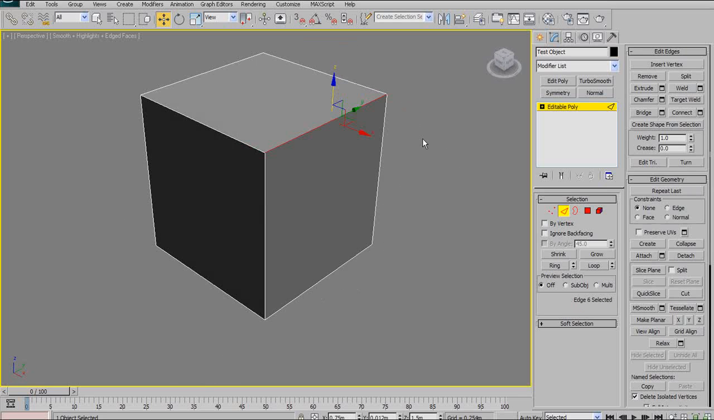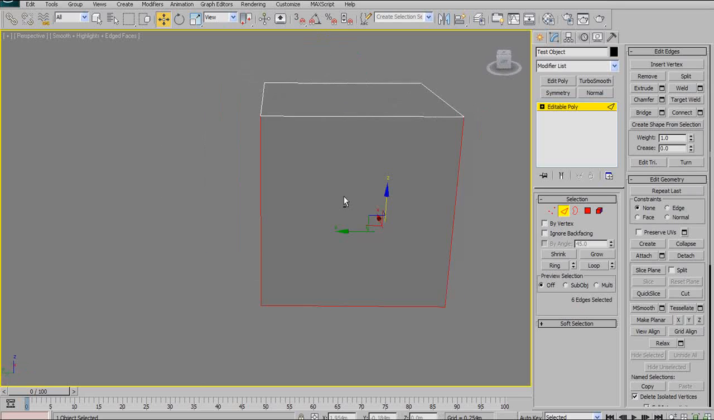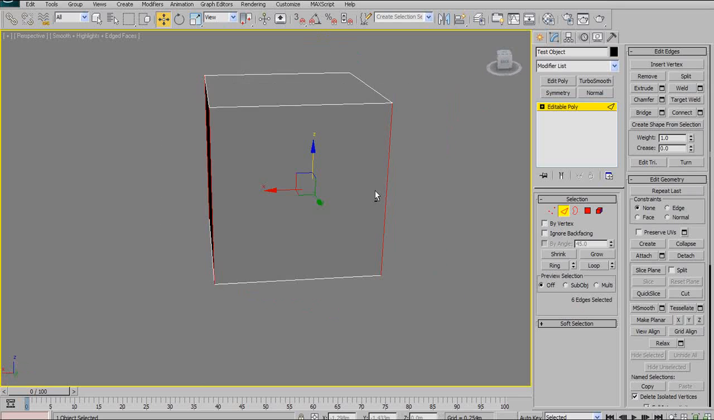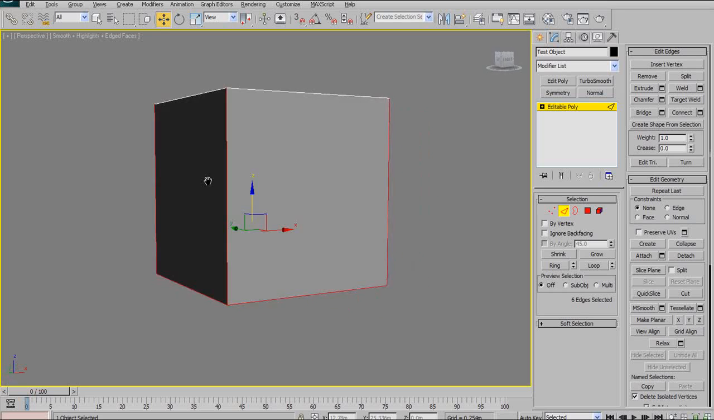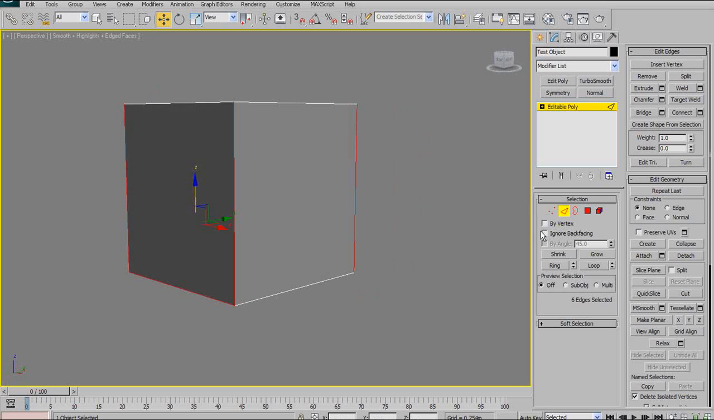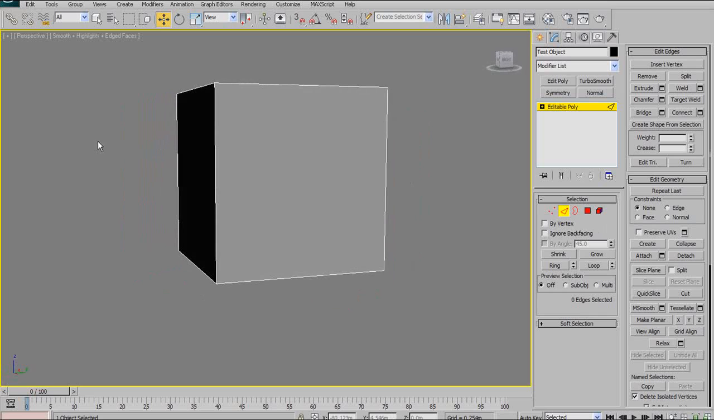Then we have edge selection. Now, that's pretty straightforward. You can just click on and select edges. Likewise, you can marquee select numerous edges. Now, one tool that's very useful that goes hand in hand with selection is this little box over here called Ignore Backfacing. Now, what Ignore Backfacing does is that you'll notice that if I marquee select a group of these edges,